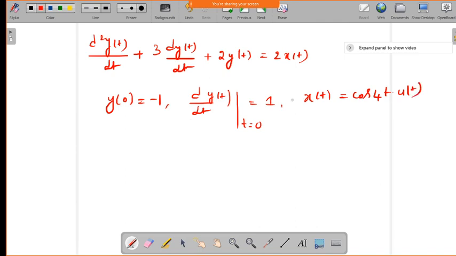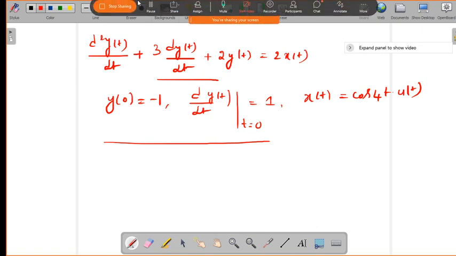Okay. So, find out the natural response by putting x(t) as 0, and find out the particular solution by taking the form of k1 cos 4t plus k2 sin 4t. Then you will get the particular solution. So, use these initial conditions to find out the values of C1 and C2. Since it is a second order differential equation, you will get two roots. Okay. So, you will get the final complete solution. Is it fine? So, try to solve and tell me the answer in the next class. So, we will stop here, we will continue in the next class.